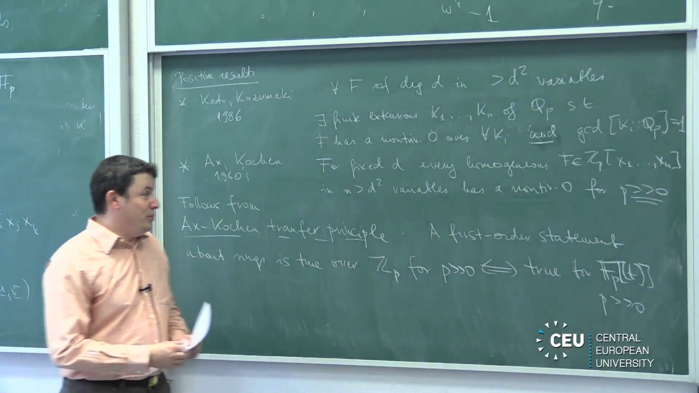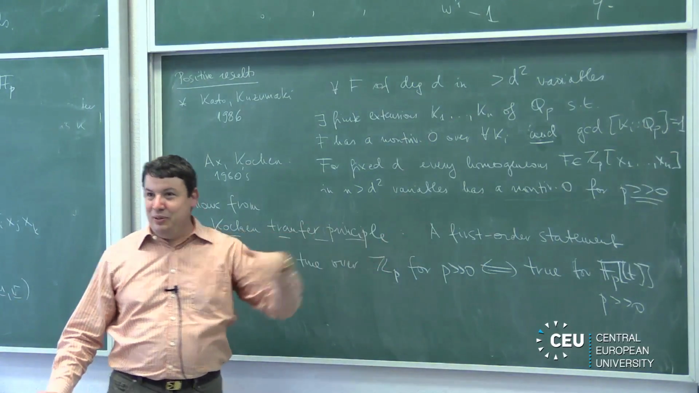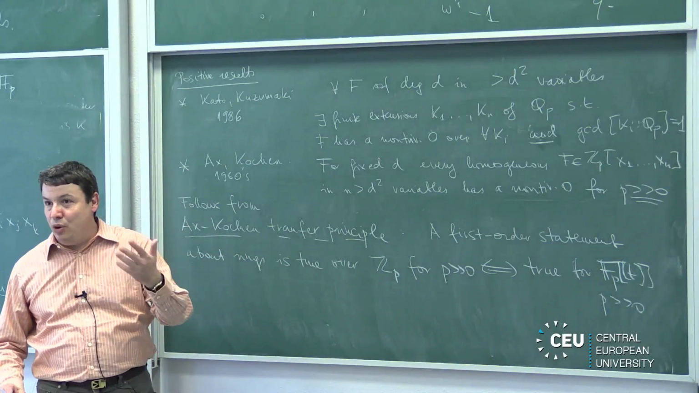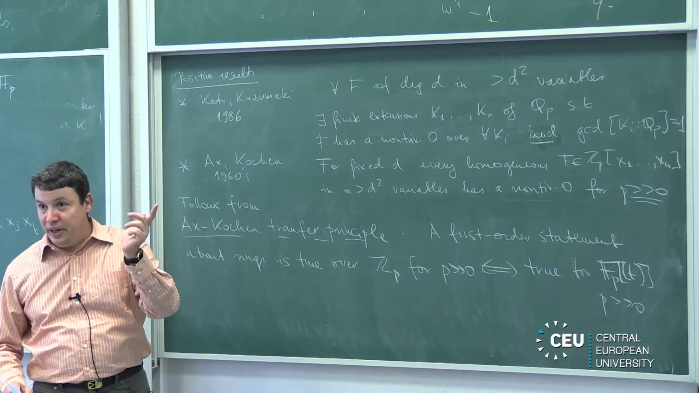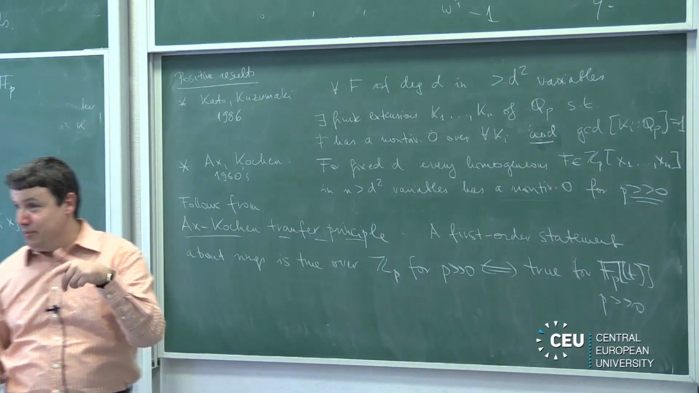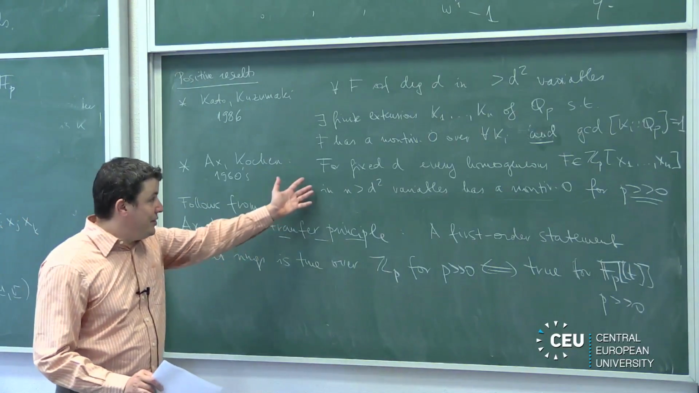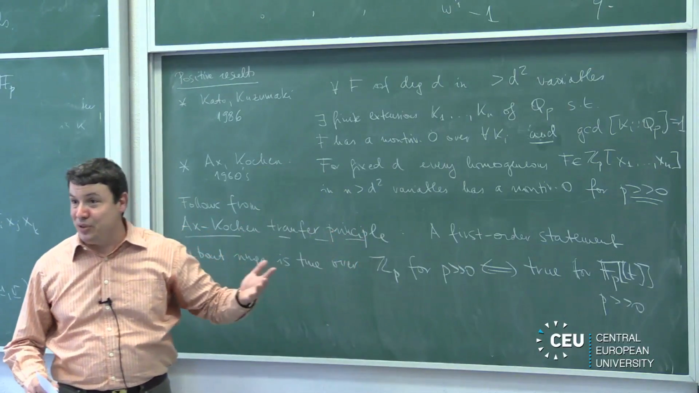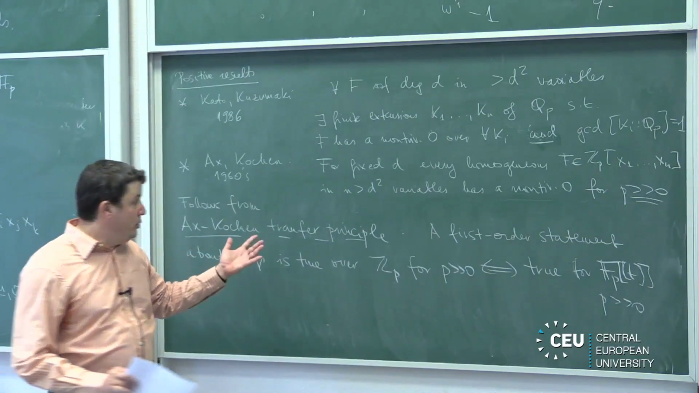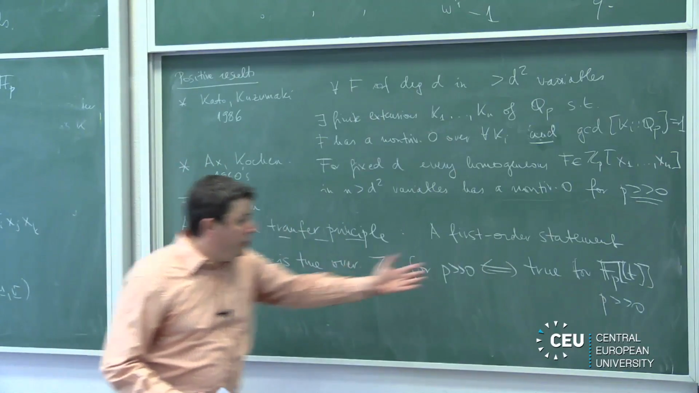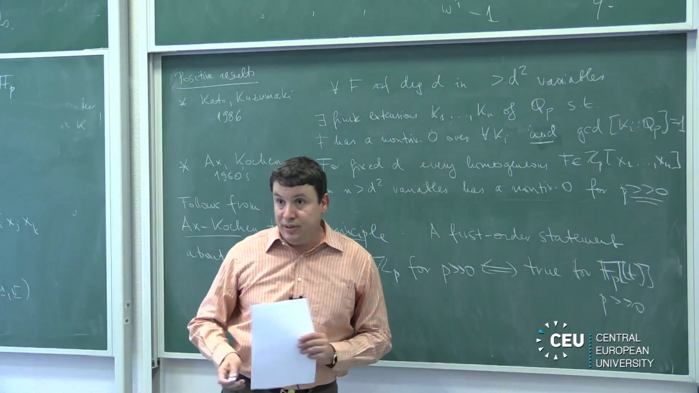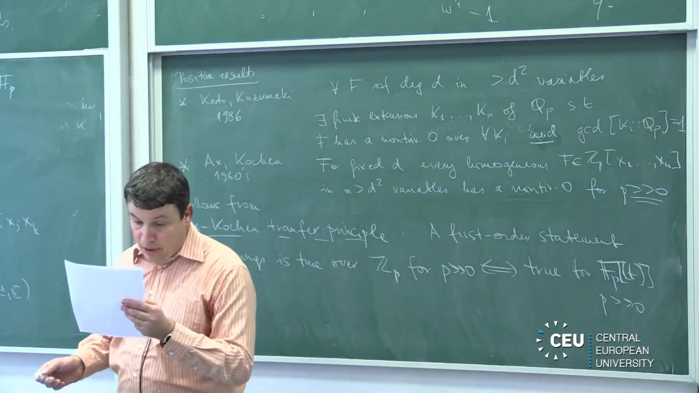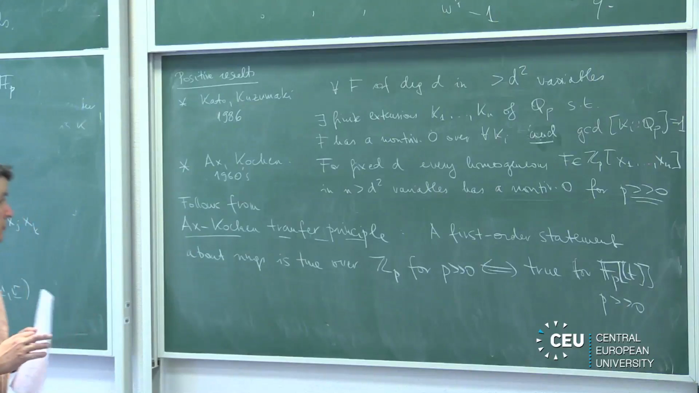So what's a first order statement? I'm not a logician, but this is a statement which you can formulate about rings, and it has the usual quantifiers, so everything and existence. For instance, having a solution is typically a first order statement. So you see immediately that since we know that this is a C2 field, the transfer principle will say that for p sufficiently large, it will also have a zero